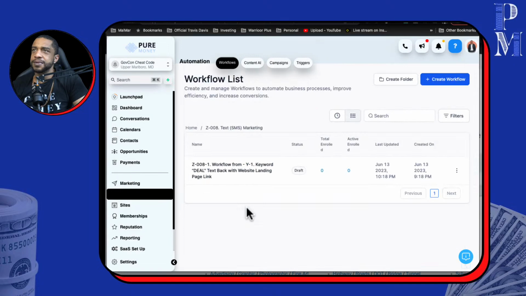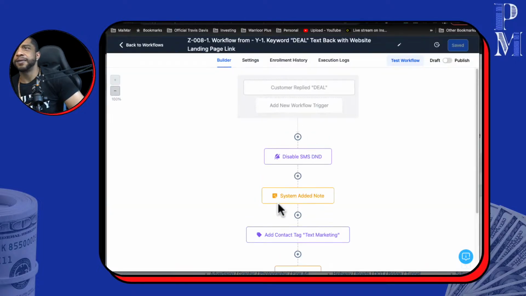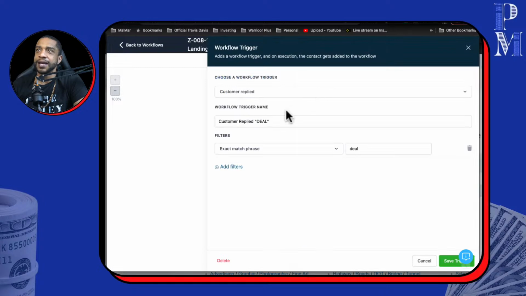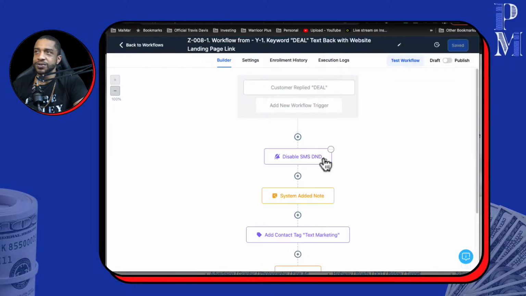Let's go to text message marketing. So this is a great one right here. So if you guys do lives or whatnot, which I highly advise you guys to do, right? So I could do it right here with you while I'm on here. And you guys will probably see me doing this later on. But you could tell people to message you the word deal, right? So now when they message you the word deal, okay,